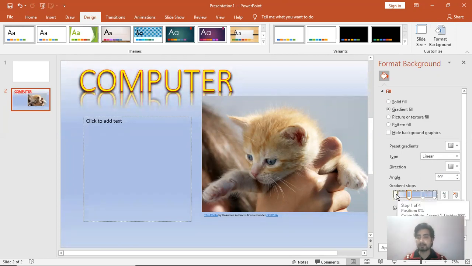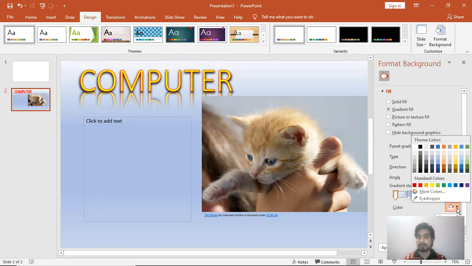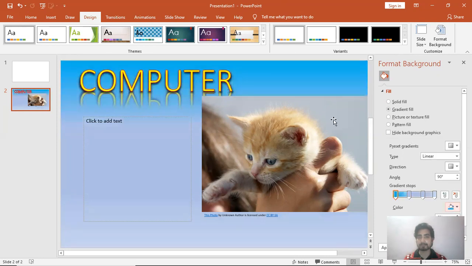For each of the gradient stops, you can select multiple different colors. So select the gradient stop, click on the color option, and then select whichever color you want. So let's select this blue color. So at the top now you can see on your slide a light blue color has been applied.